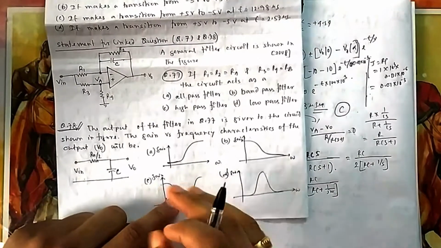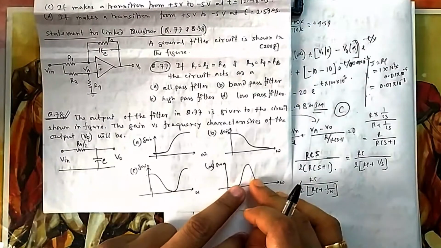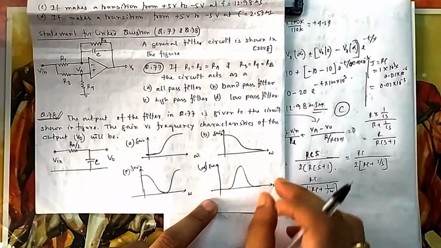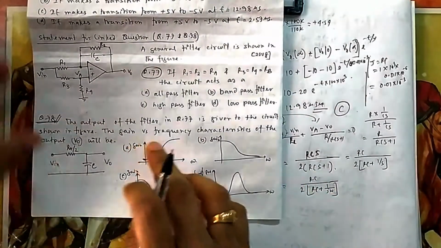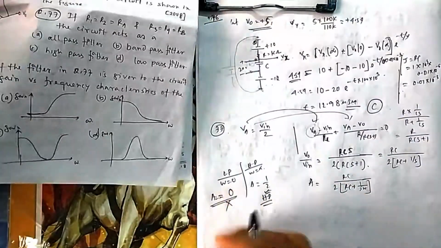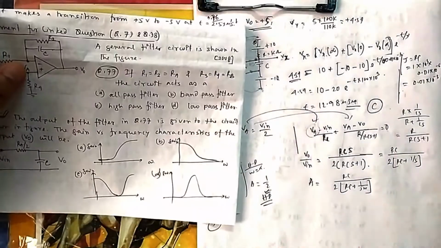Beyond that it is rejecting one particular band, and it is band pass. It is just passing one particular band, if it is between these two frequencies. So how to get this one? You will get this in question 78, because low pass and high pass you will get this one. Similar way only you will get band pass and band reject also.